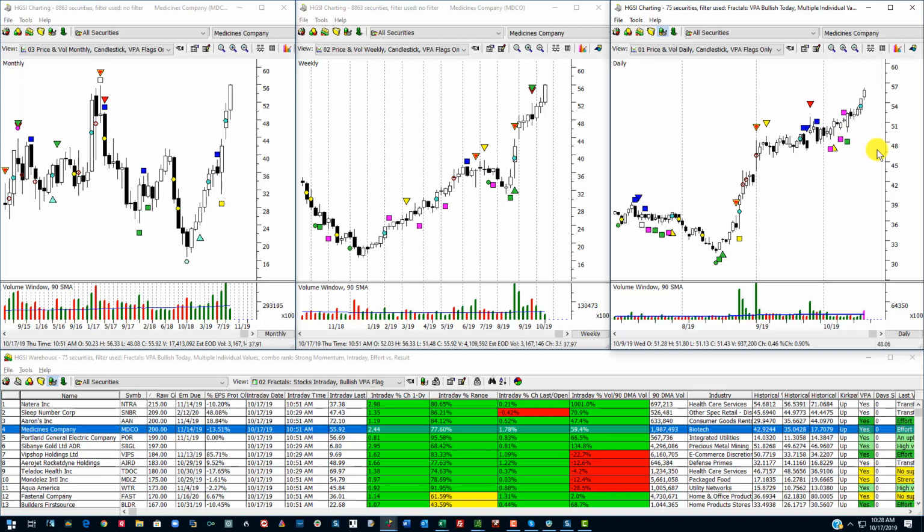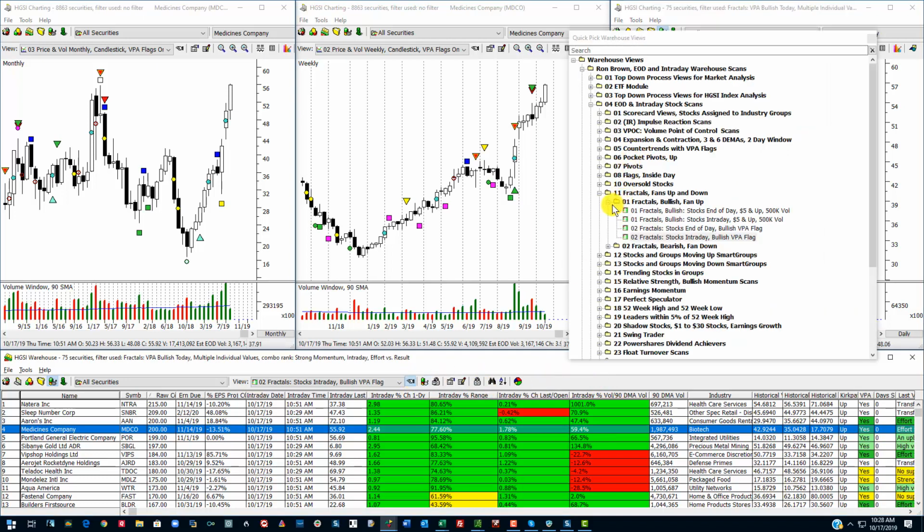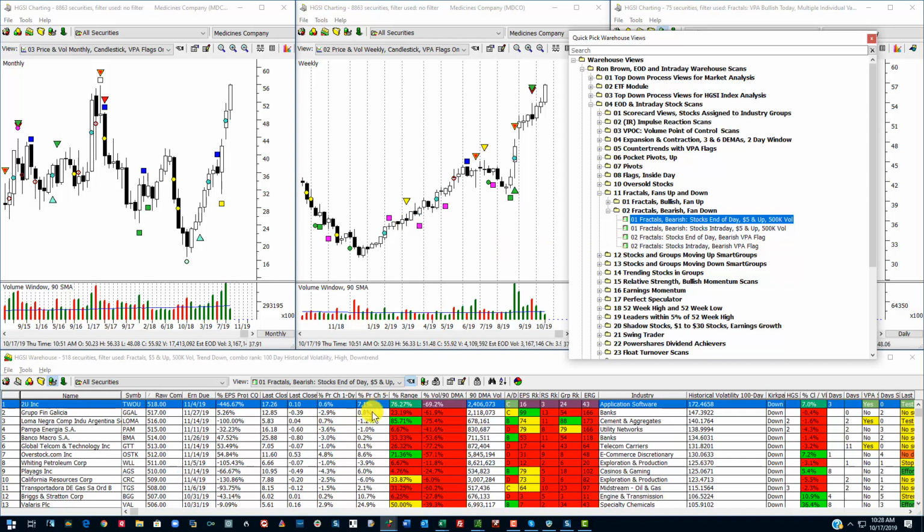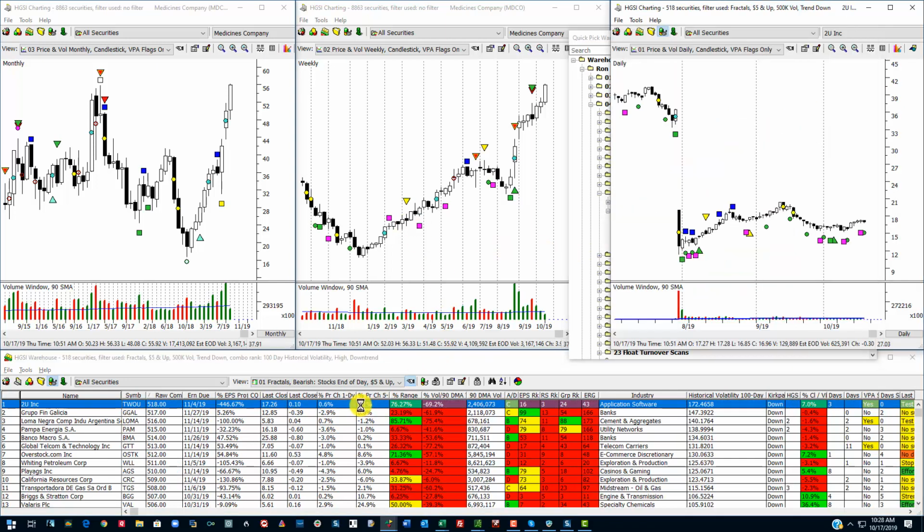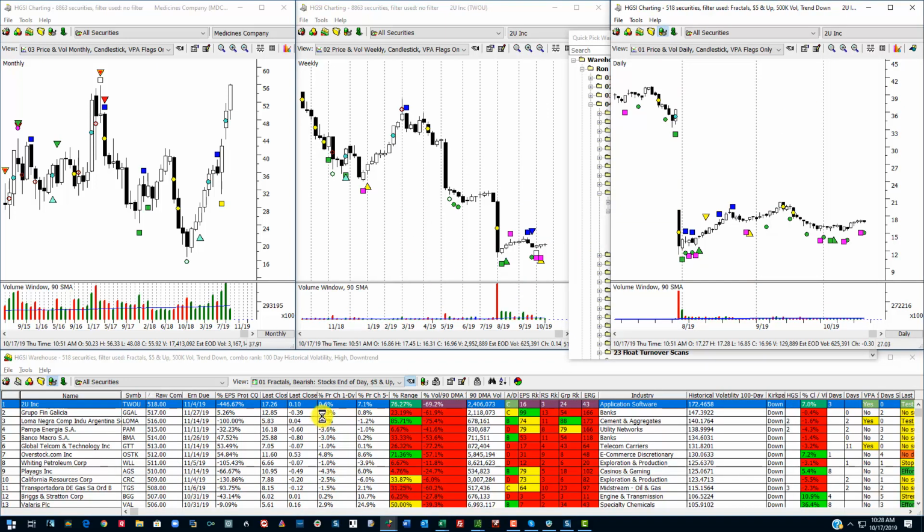So even though a lot of these stocks have gained a considerable amount anyway, if they're strong in multiple time frames, there's a good chance they're going to keep going up if the market is strong. Now, I've done fractals on the bearish side too. If you're interested in working from the bear side,